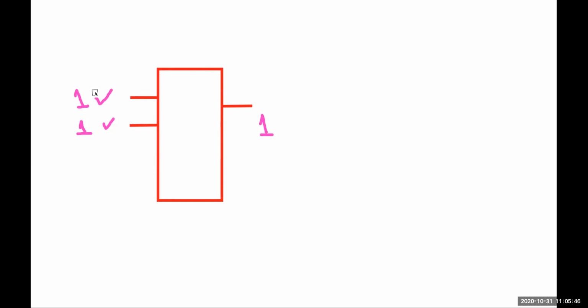If you want to do it using a microcontroller, what program do you have to write? You have to write a program that will check the status of the switches. Status check.